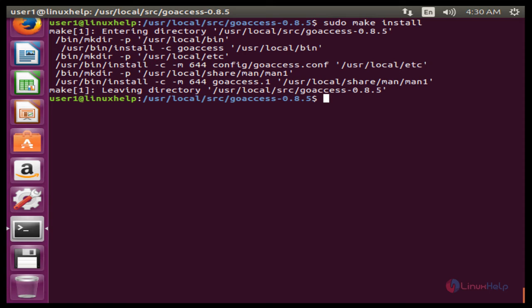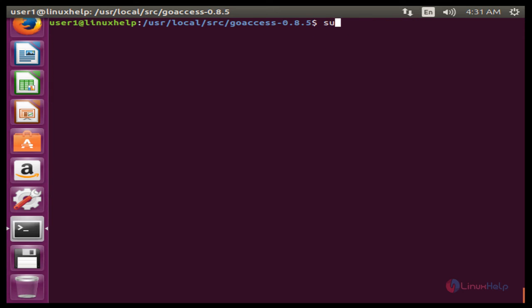After completing the make install, the next command is to open the configuration file of GoAccess. The command is sudo vim /usr/local/etc/goaccess.conf. Now enter to open the configuration file.